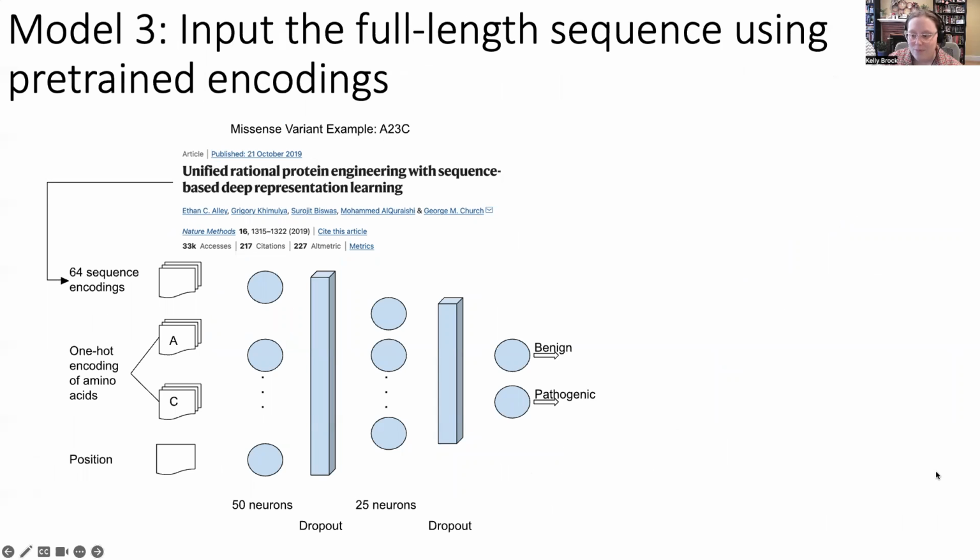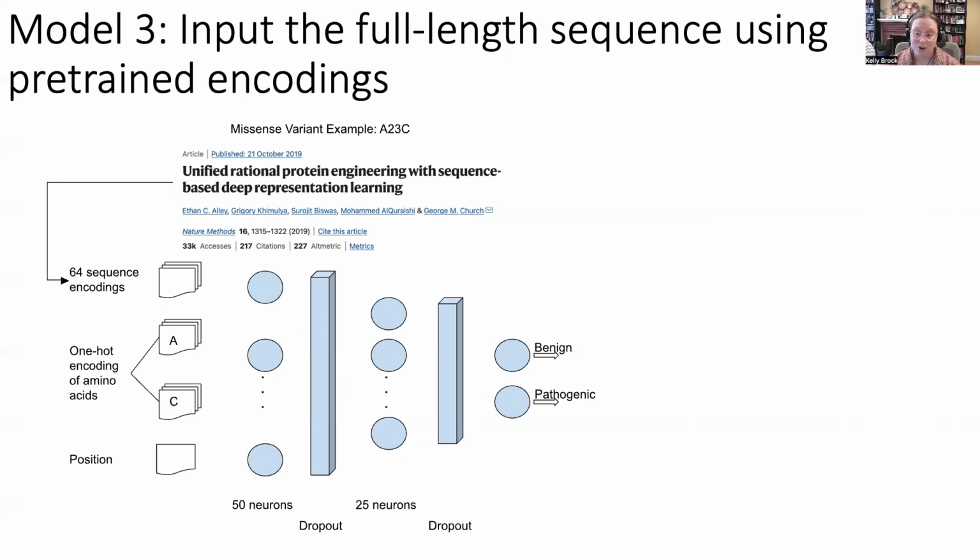Finally, for our third model, we wanted to input information about the entire protein sequence that this missense variant was found in. The way I'm going to do that is by using an encoding scheme first published in a 2019 paper by Ali et al. This is essentially going to take in a full-length amino acid sequence, and compress it down